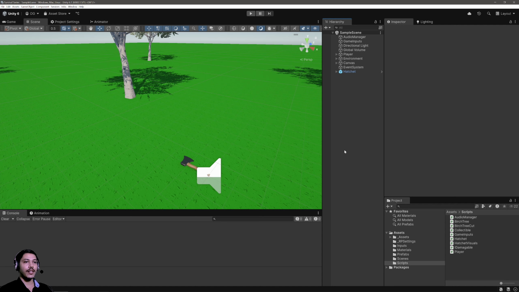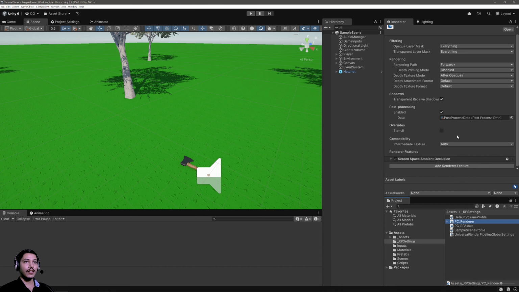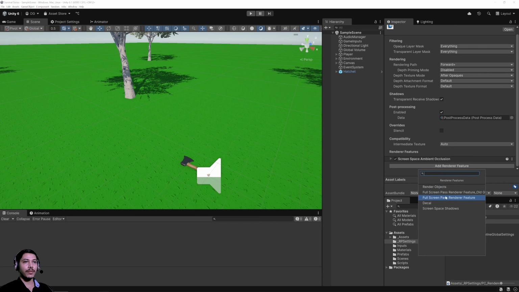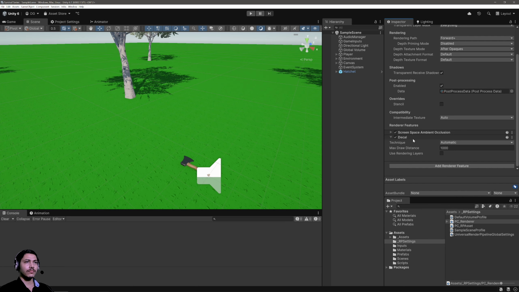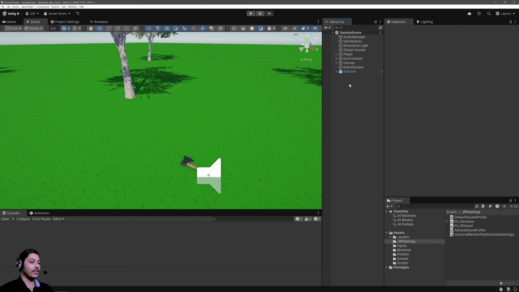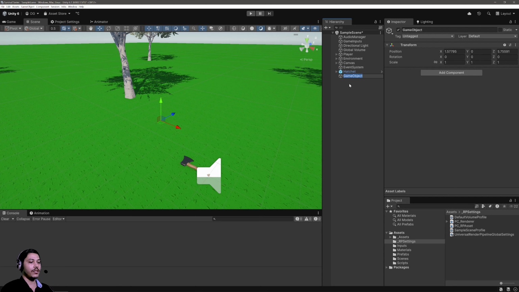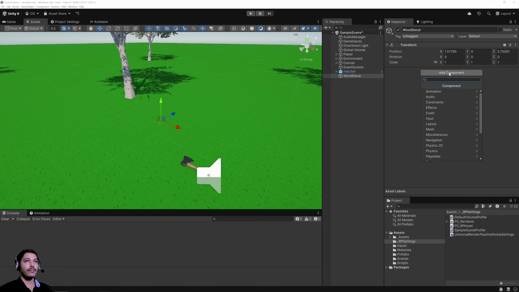So first, let's head over to our RP settings. And in the PC renderer, hit this add render feature button and then apply this decal. Then let's set the max draw distance to some smaller amount, 50. Then in our scene, let's create an empty object. Let's call it put decal. Then here, let's add a component,